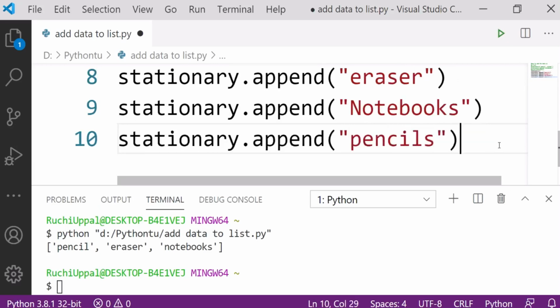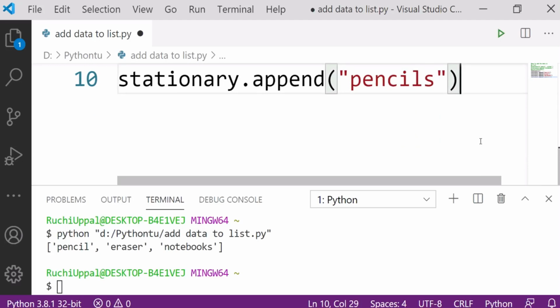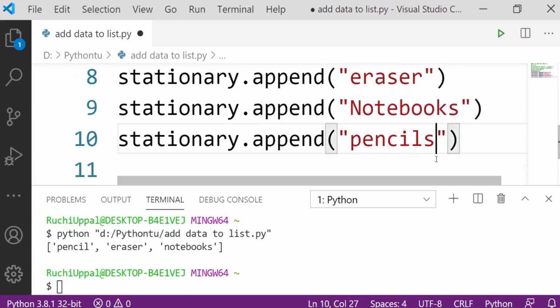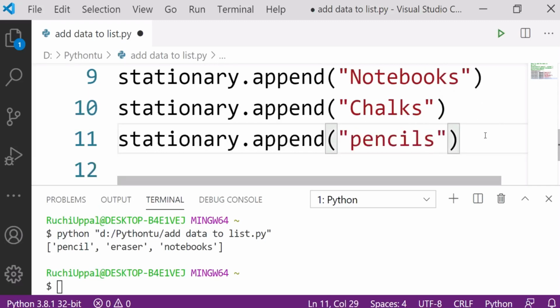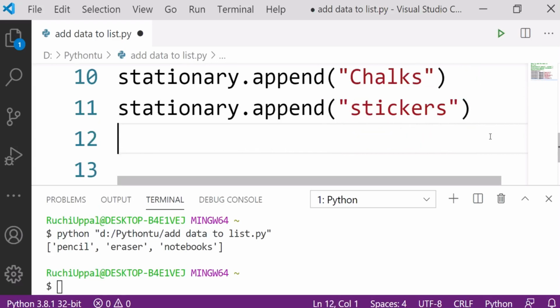Next again, you want to purchase stickers. Okay, fine. So just suppose this is my list and I have created my list.